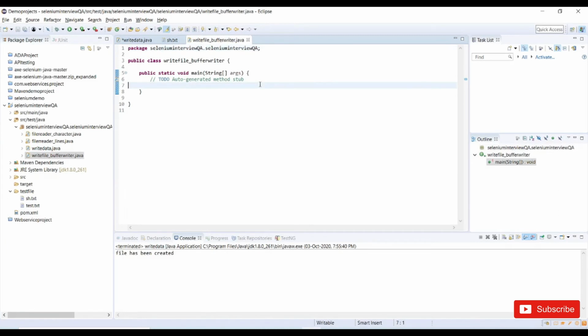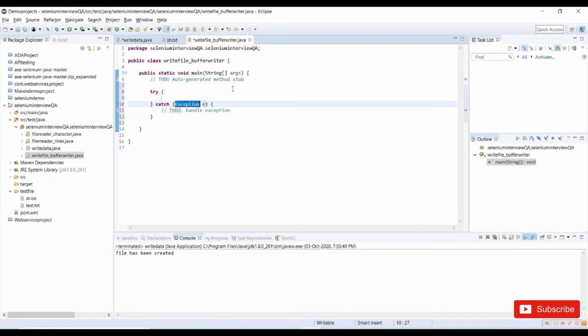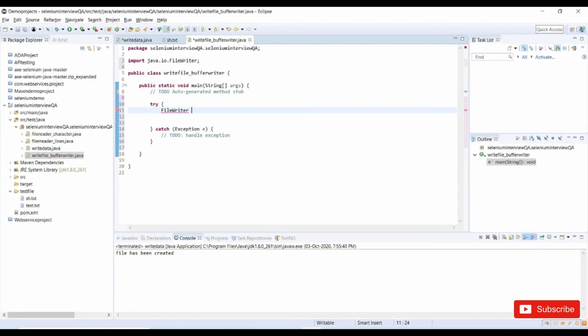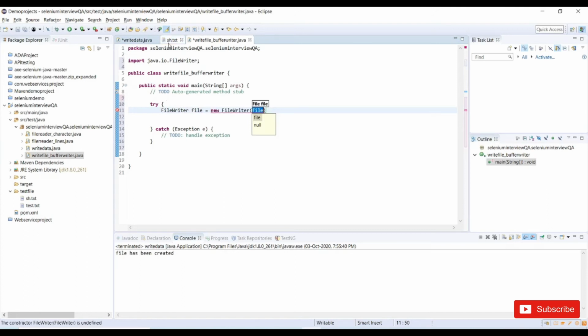And once we create the class, this time I will do it in a try catch block. We need to create a file writer equal to new FileWriter, and we need to provide the file location.